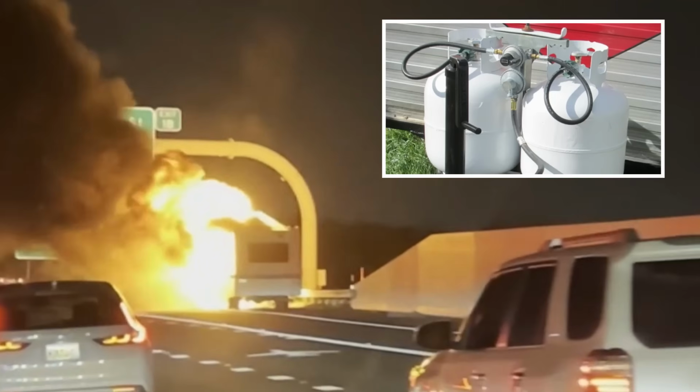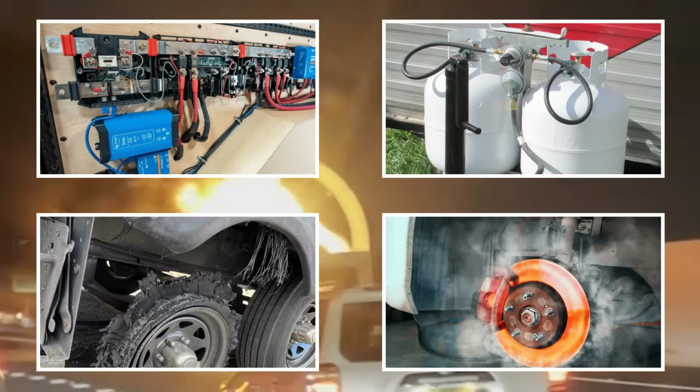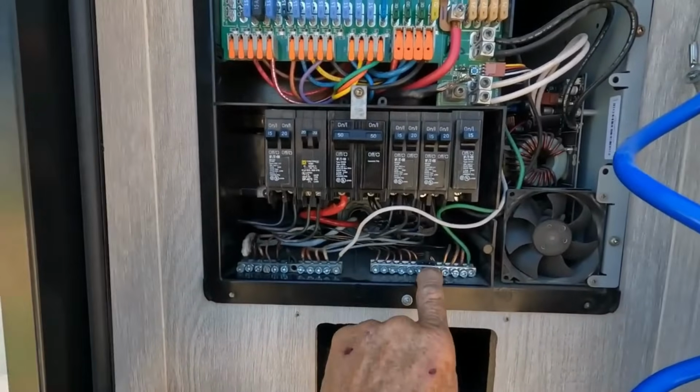In this video, we'll expose the most common causes of RV fires and arm you with the knowledge to prevent